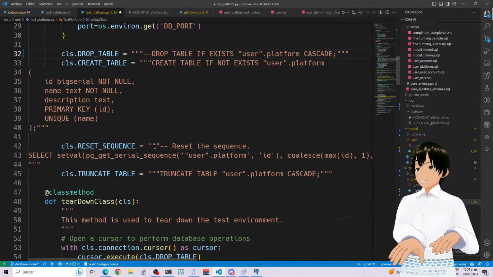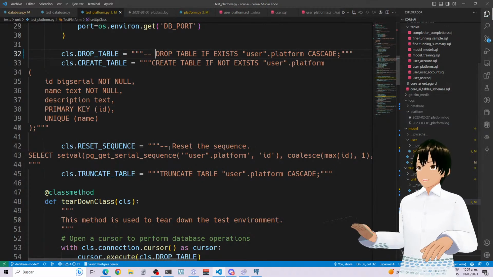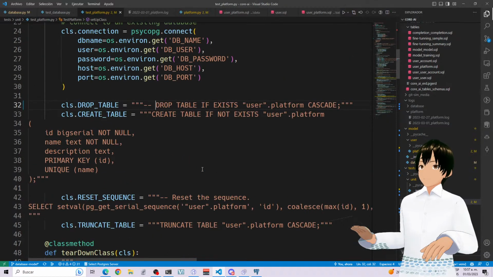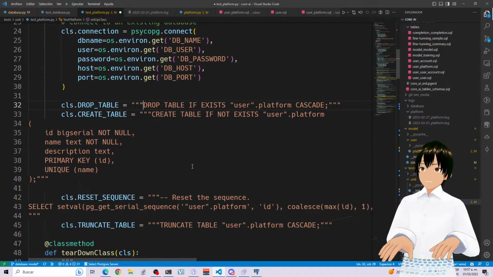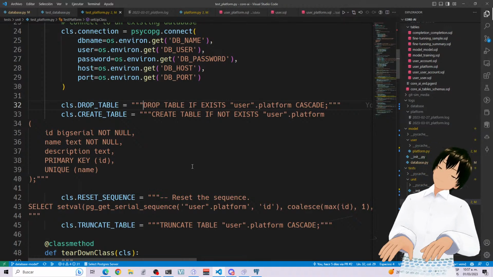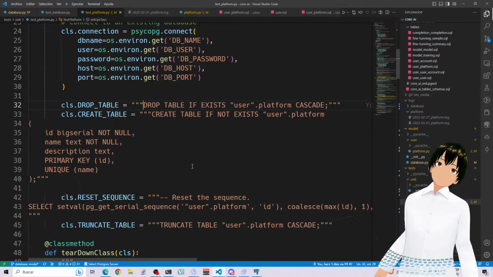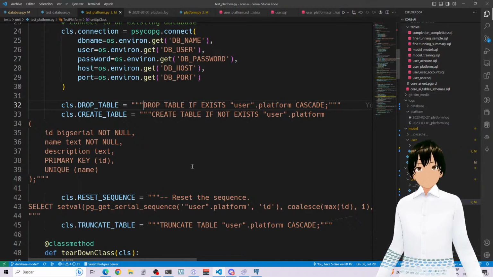I could just comment it out right here and everything should be fine. But yeah, I don't know. The unit tests are atomic anyway, so it's fine. No, I'm going to keep it as is for the time being, but yeah, the drop table is going to